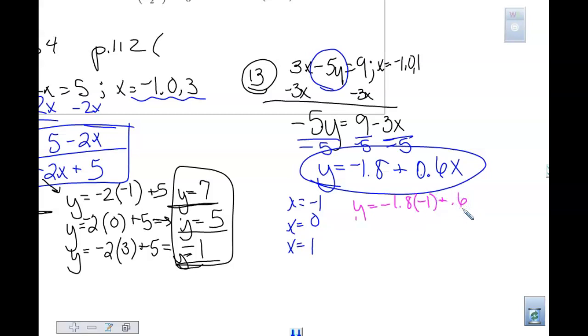Really close, but not quite. Did the 1.8 have times x? No. So do you see her mistake? So that is why I like to put the x1 first, because then I'm like, oh yeah, but you are simply replacing this x. So nope, it doesn't go here, it goes